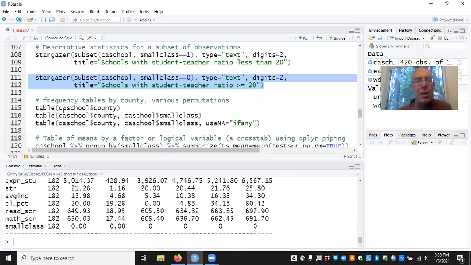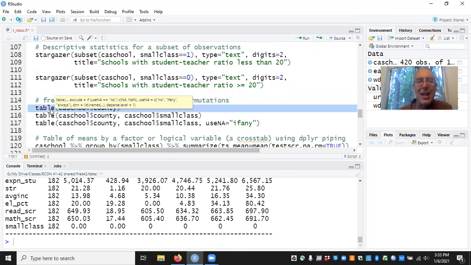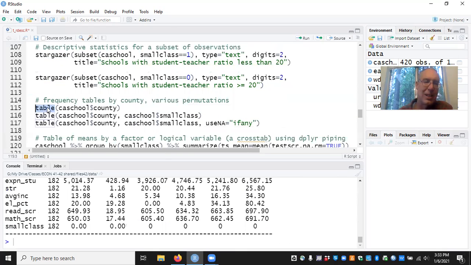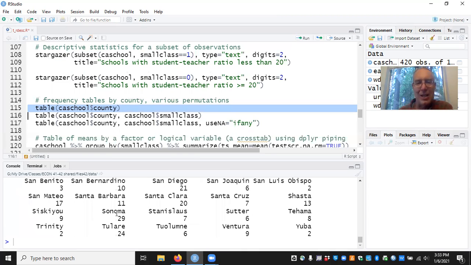We can also calculate frequency tables, so using the table command. Notice when you hover over the command, let's see if I can get it to reproduce. Well, now it's not doing it. I think it does it the first time. I'm not sure what their algorithm is, but we can count how many school districts there are in every county. So if we run this, we see that Sonoma has 29 school districts, Santa Barbara has 11, Santa Clara has 20, San Diego has 21, and then